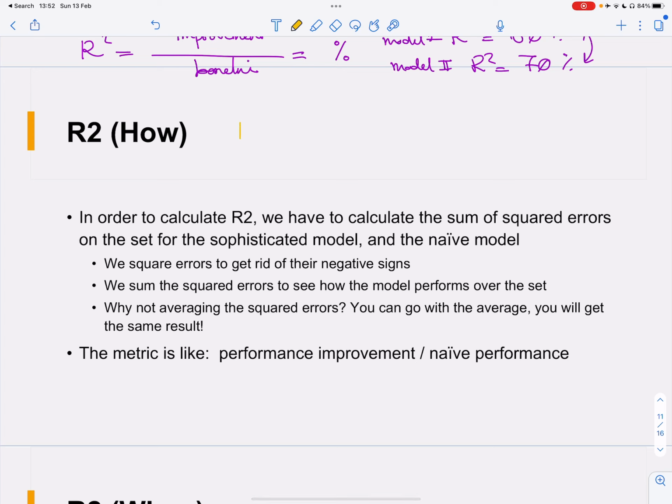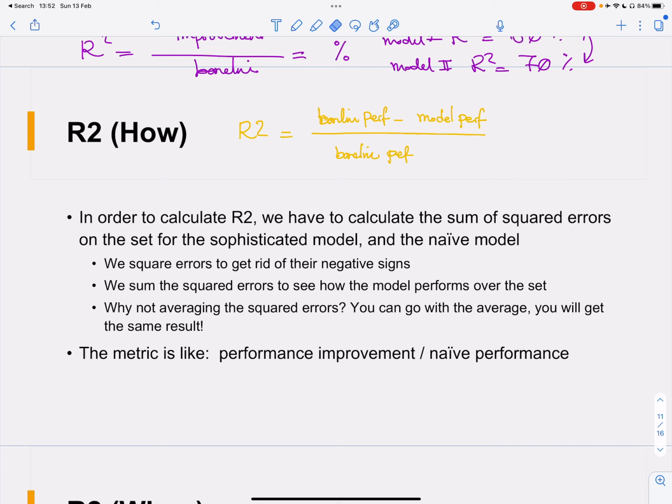So R square actually is like this. It is, as I said, baseline performance minus model performance. So in order to learn how to calculate R square, we need to learn how to calculate baseline performance. And baseline performance here is calculated just by